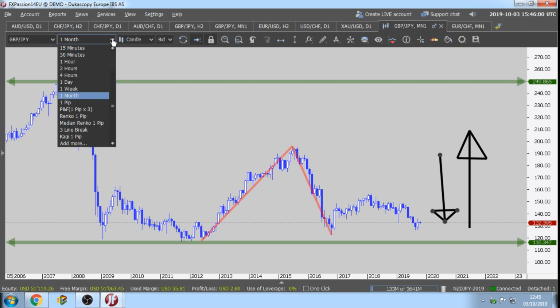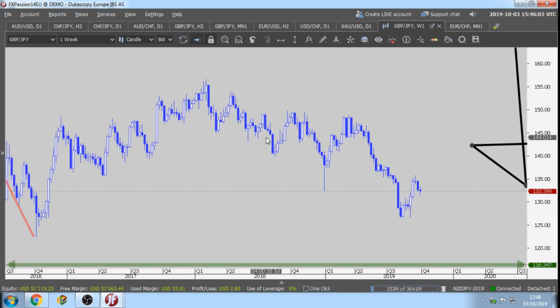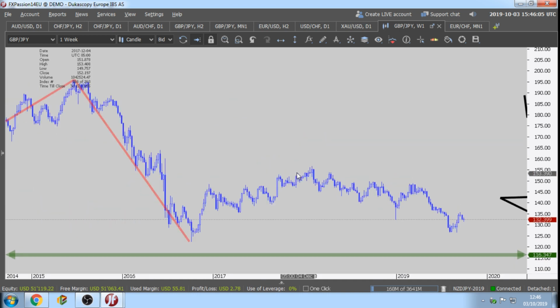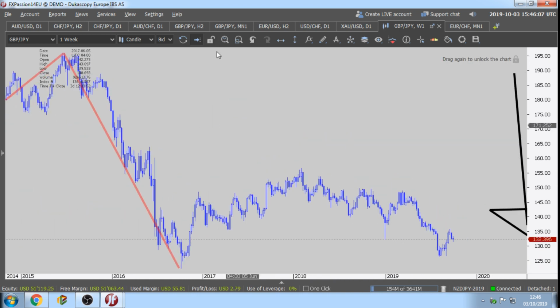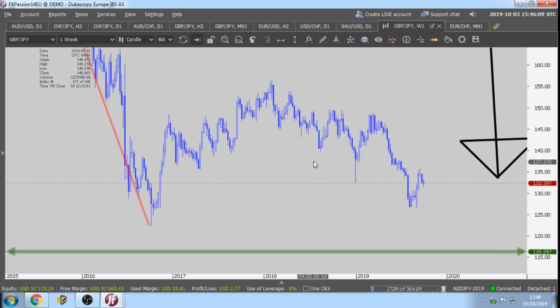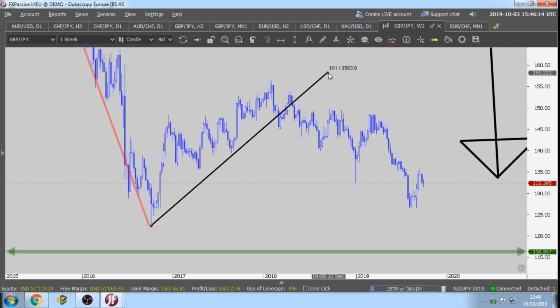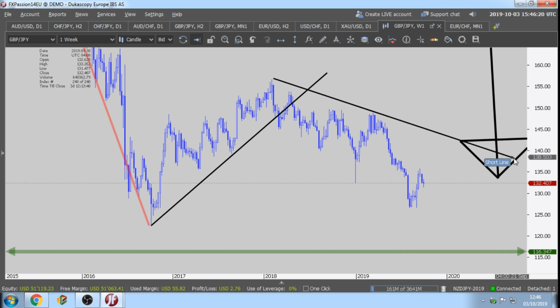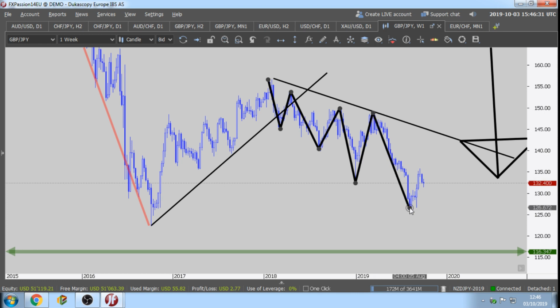This is the monthly chart. Let's move on to the weekly. The picture is going to be most likely the same, just with the difference that we have the short-term trends. This was the short-term uptrend, the market broke the uptrend line, and now the market is falling. And the market waves: extension, retracement, extension, retracement, extension, retracement, extension.